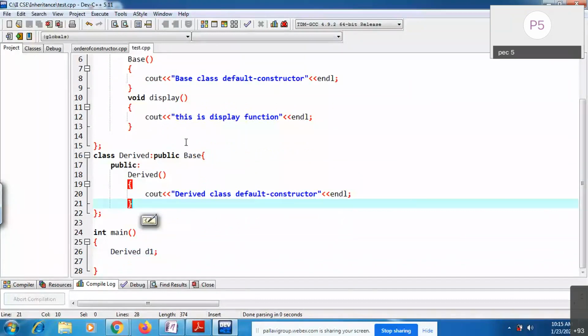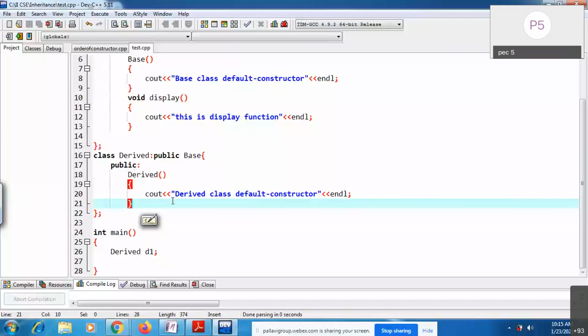Now, which class constructor is going to be called? That you need to understand here. This is the order of constructor calls. Which constructor is going to be called? That is the thing.